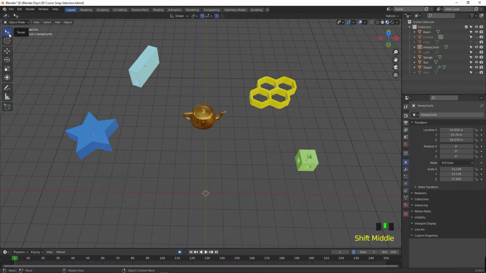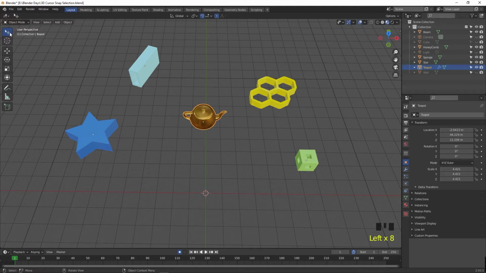Selection tool is placed at top of the toolbar. This selection tool contains 4 items. First one is tweak, select box, select circle, and select lasso. This is tweak tool to select and activate items. Using this, we can click on the object to select and activate one by one.